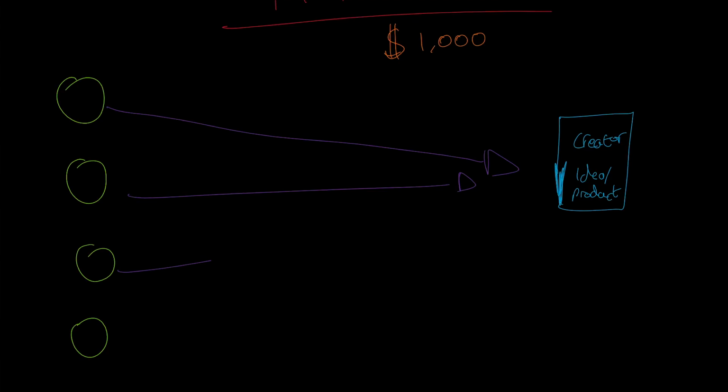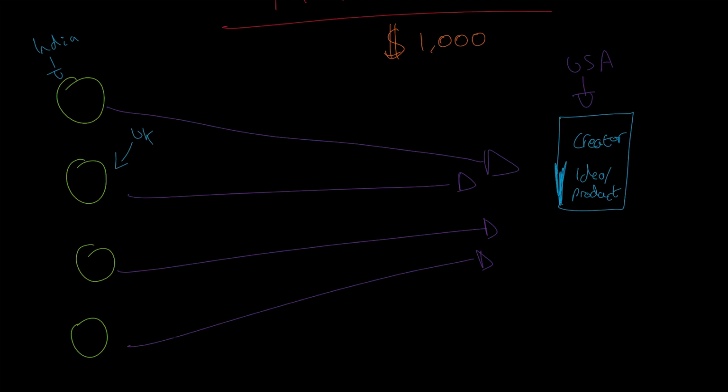They could directly go to the individual and give it to them. But let's say for argument's sake this individual is in the USA, this individual is in India, this one is in the UK, this one is in China, and this one is in Russia, for example. So all over the world. How would they go about it? How would they transfer the money? What would be the facilitation of this transaction?